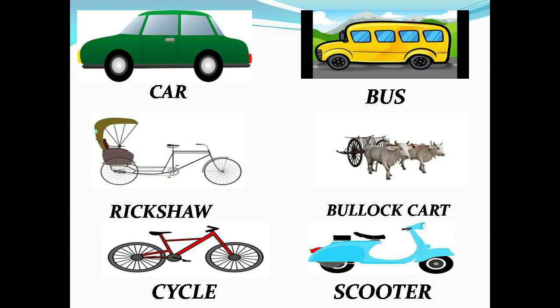Bicycle, rickshaw, tonga, and bullock cart are the slow means of land transport and are pulled by man or animals. On the other hand, scooter, car, bus, truck, etc. move faster and are driven by engines. All these vehicles have wheels and they move on roads. So, children, all vehicles that run on roads are called roadways.